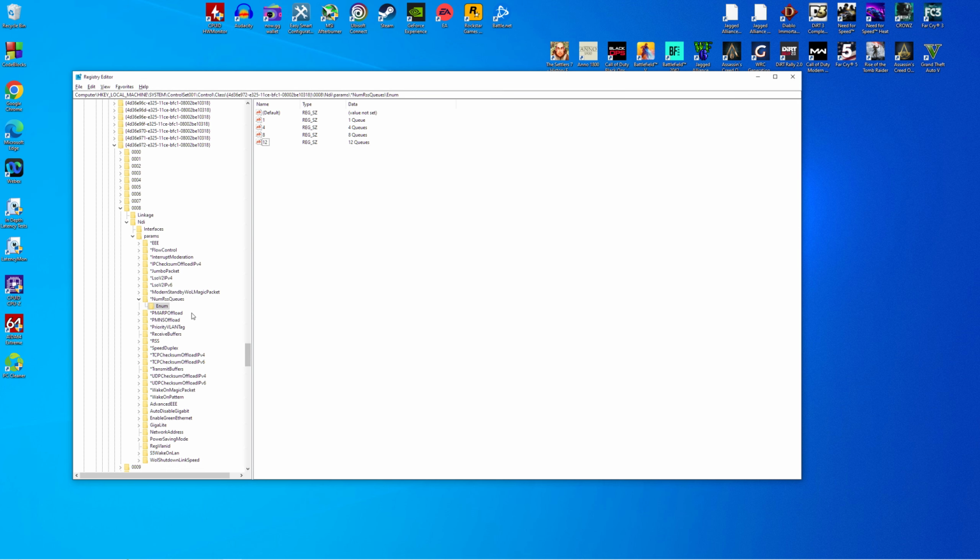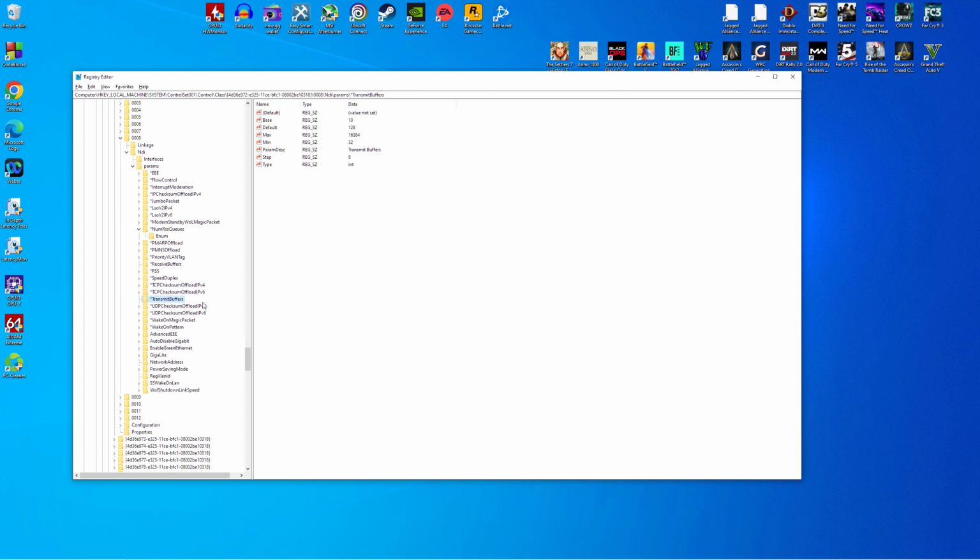This applies to everything else. So I've changed my receive buffers and transmit buffers. I was testing them up to 16,384, but pretty much anything above 8,000 that I have set was too much. So how I did it, in this case I didn't have to add anything because transmit buffers